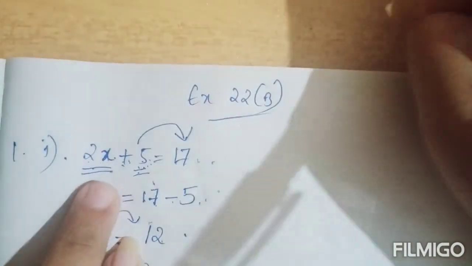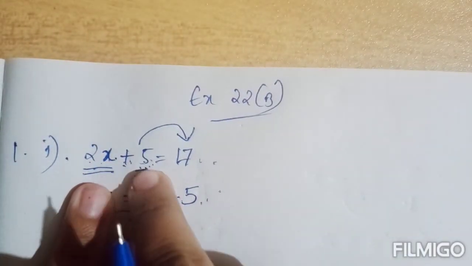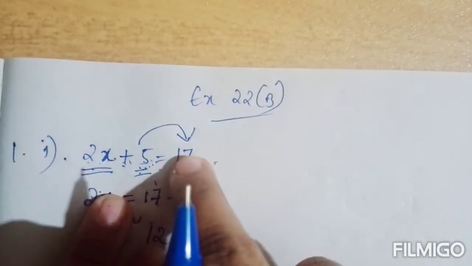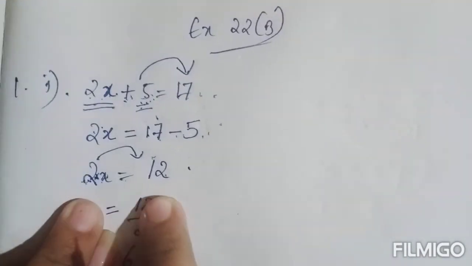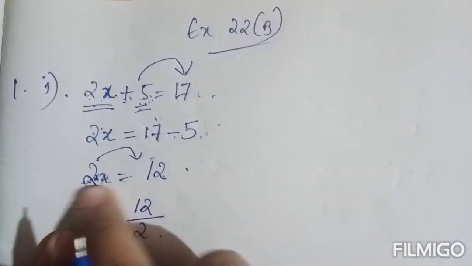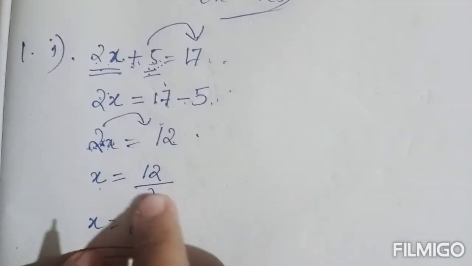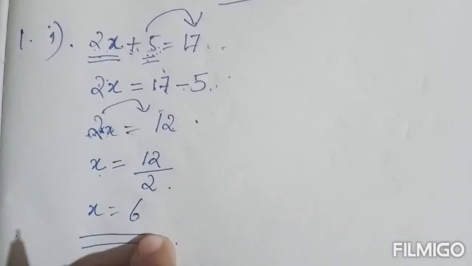Okay, ഇവിടെ രണ്ട് ടേംസ് വരുന്നുണ്ട്, 2x plus 5. ലെഫ്റ്റ് സൈഡിൽ രണ്ട് ടേംസ് വരുന്നുണ്ട്. സോ ആദ്യം പ്ലസ് 5നെ റൈറ്റിലേക്ക് കൊണ്ടുപോകുമ്പോൾ അത് -5 ആയിട്ട് വരും. സോ 2x ഈക്വൽ ടു 12 കിട്ടി. നൗ 2 ഇൻറ്റു എക്സ്, അതിന്ന് മൾട്ടിപ്ലിക്കേഷൻ 2നെ അതർ സൈഡിലേക്ക് കൊണ്ടുപോകുമ്പോൾ ഡിവൈഡഡ് ബൈ 2 ആയിട്ട് വരും. So x equal to 12 divided by 2, that is 6.